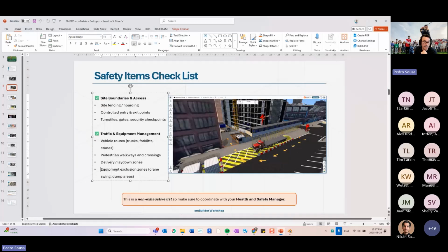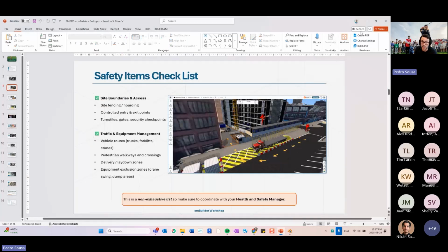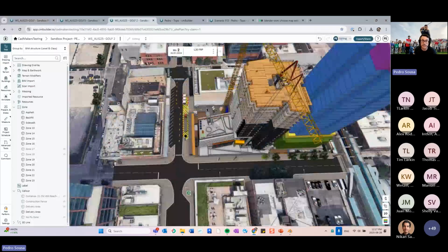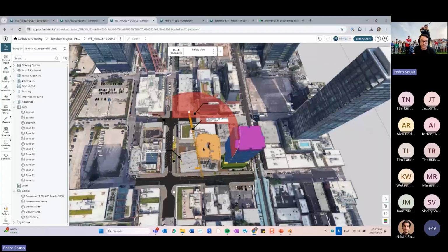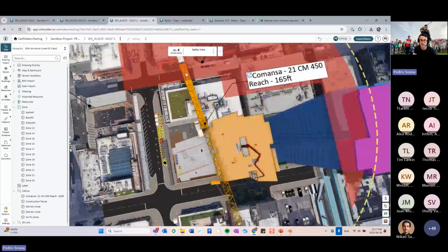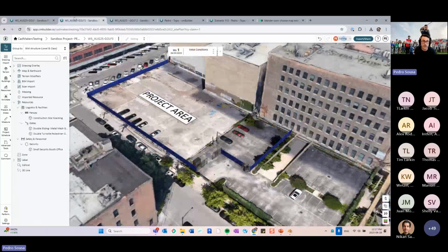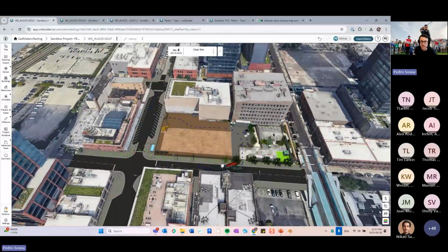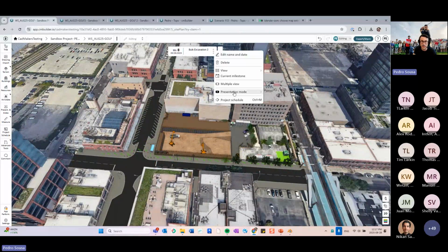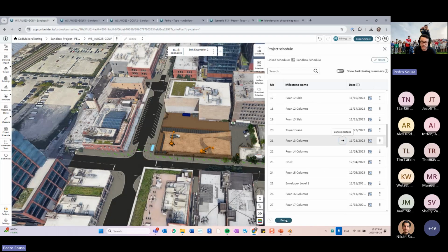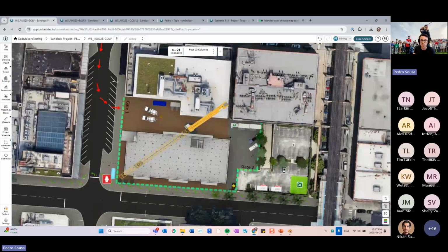Delivery areas, equipment exclusion zones, crane swings and dump areas. I will show in a minute how I created this crane swing view over here, but very focused on the 2D perspective. However, if you want to show this in a 3D perspective, you can also create your zones based on your crane locations. So if I go here to the milestone on which my crane is supposed to show, give me 1 minute. Tower crane, where are you? Here. So if I go into this milestone where my crane shows, and I'm going to my 2D view,